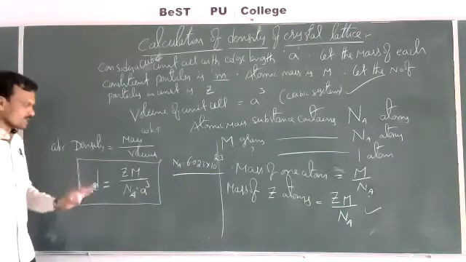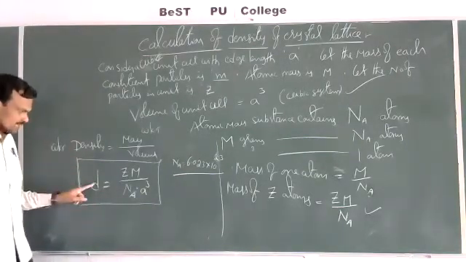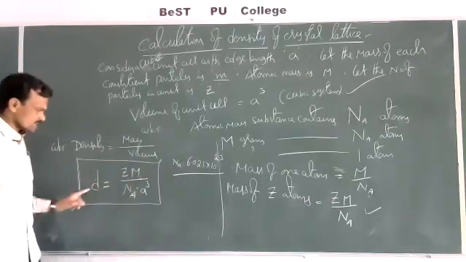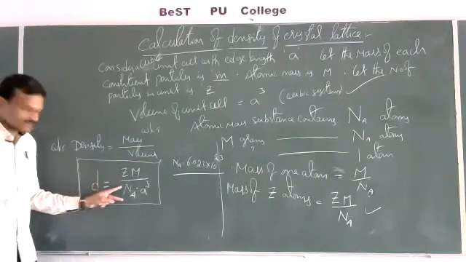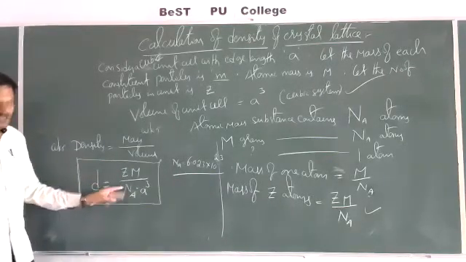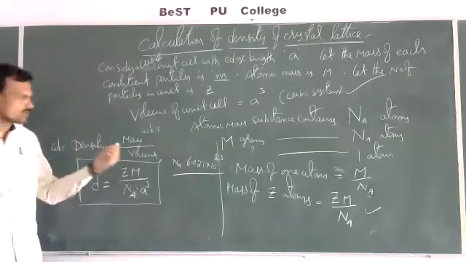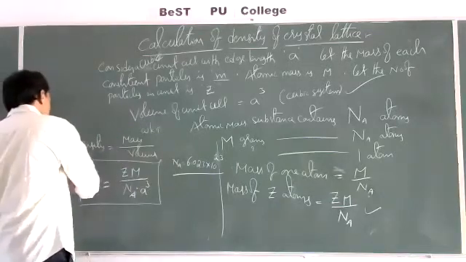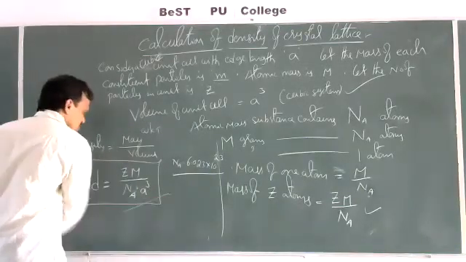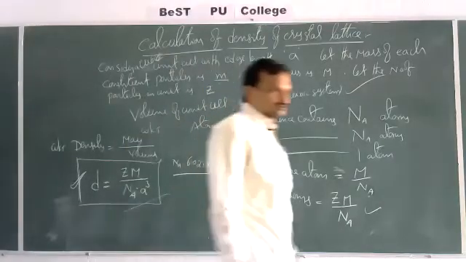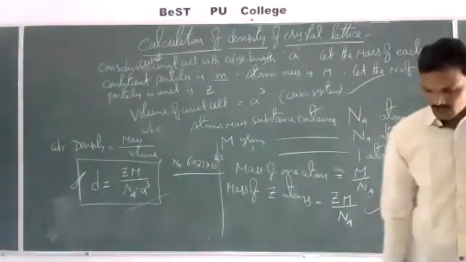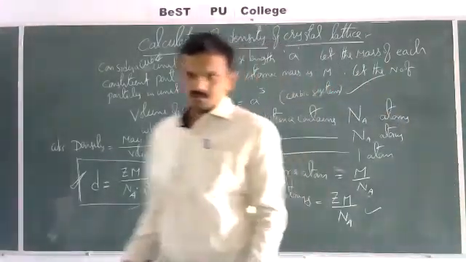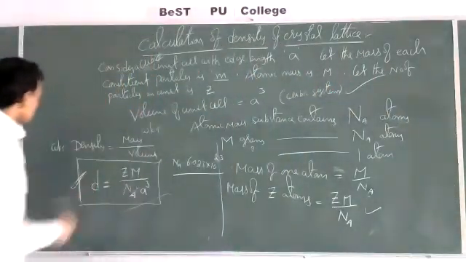Most frequently in PUC they ask directly, no more applications. D, M or a: calculation of any one of these they ask. Z value is fixed. Avogadro number is fixed. The lattice name they will give. So if you do simple multiplication and division, you will get the answer. This is a compulsory question. Every year they ask a 2 mark problem from this density calculation. This is about calculation of the density of the crystal lattice. Problems we will solve later based on all this.